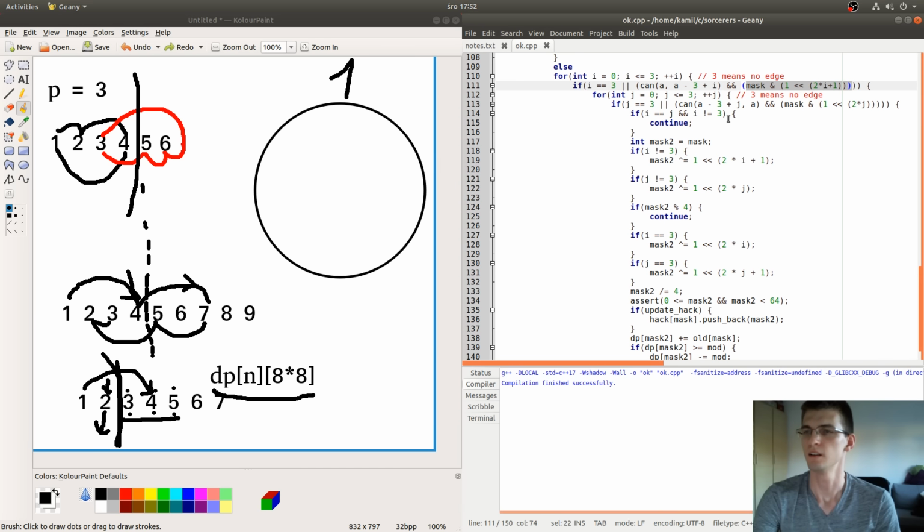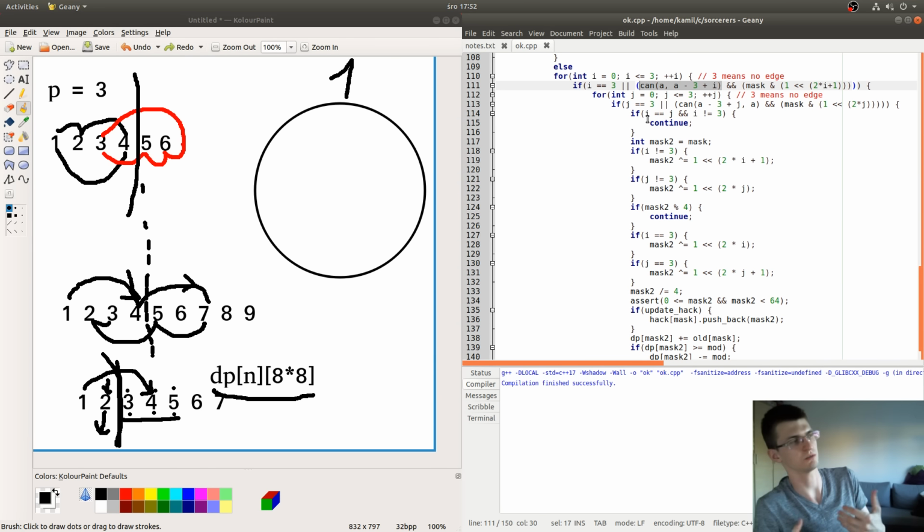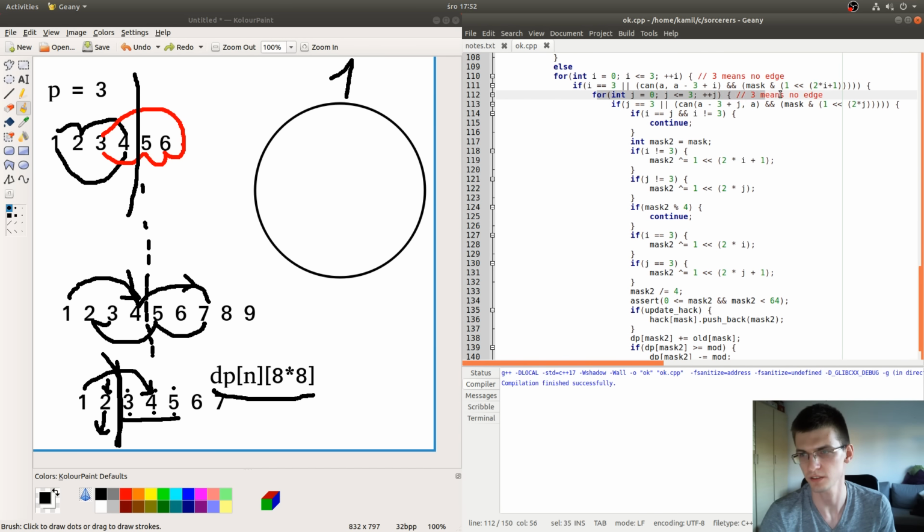The can function is based on what I've read on input. It just says, can I go from this to here? So is it forbidden or not? The same thing for j. So j means iterating over the edge that goes in, or maybe out, I don't remember.